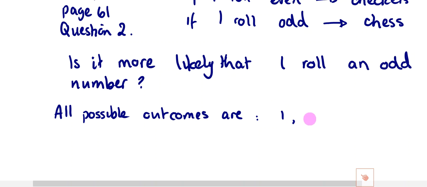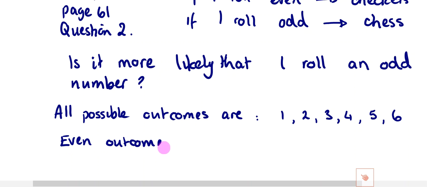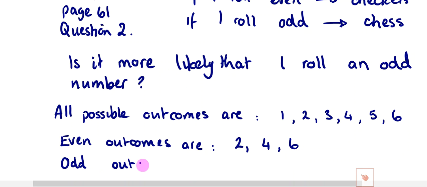So 1, 2, 3, 4, 5, and a 6. And we can say the even outcomes are, well, you tell me then, even outcomes are 2, 4, and 6. The odd outcomes